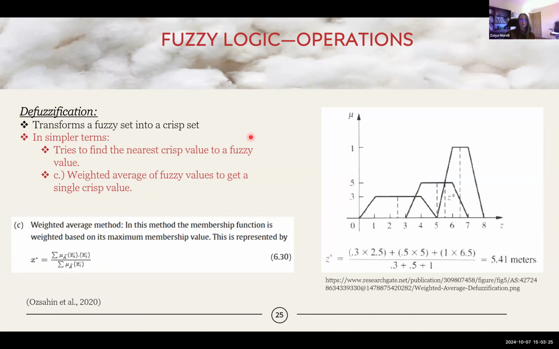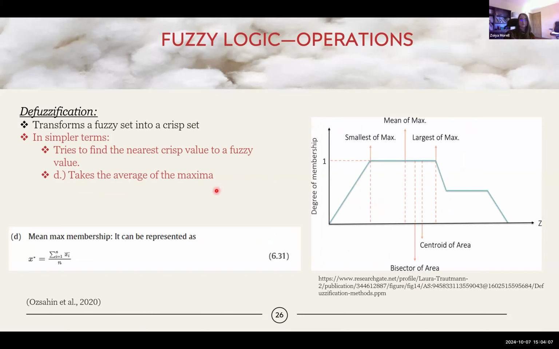And then there's the weighted average method. This one kind of makes the most sense to me, because you're just trying to take the weighted average of the fuzzy values to get a single crisp value. So like, you have 3 separate fuzzy subsets here, and you might have average of this one is 2.5, average of this one's 5, average of this one's 1. And this is where they're each true. So then you take the sum of those averages and you divide them by, where they're true to get the weighted average. And that ends up with this position here, which is a pretty good representation.